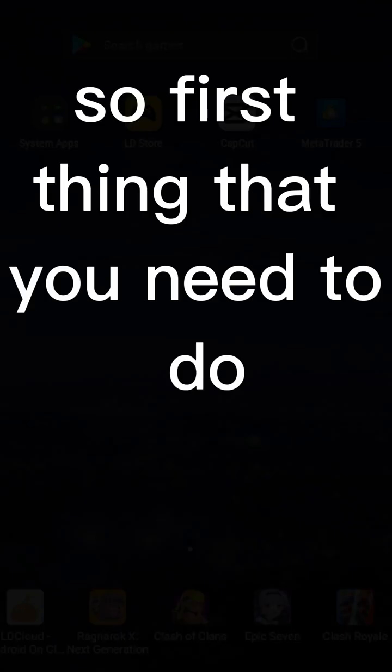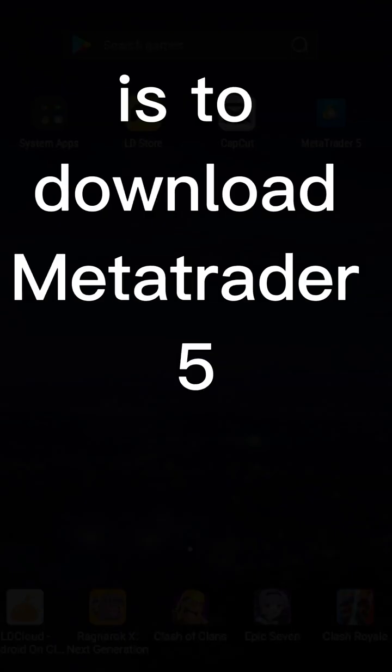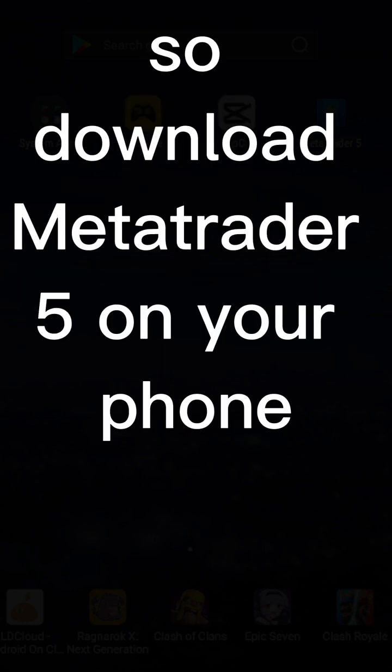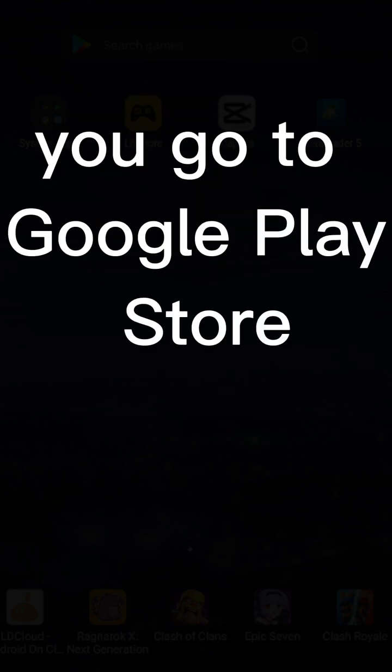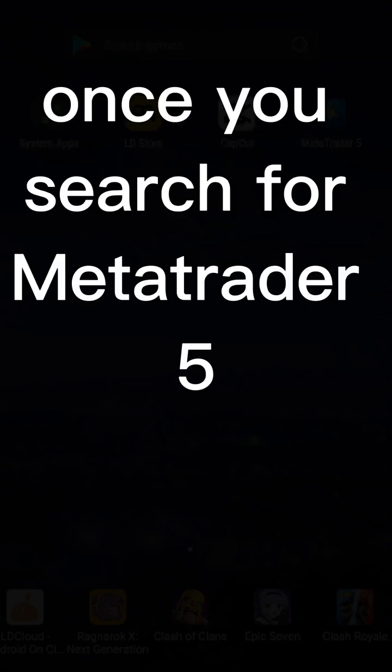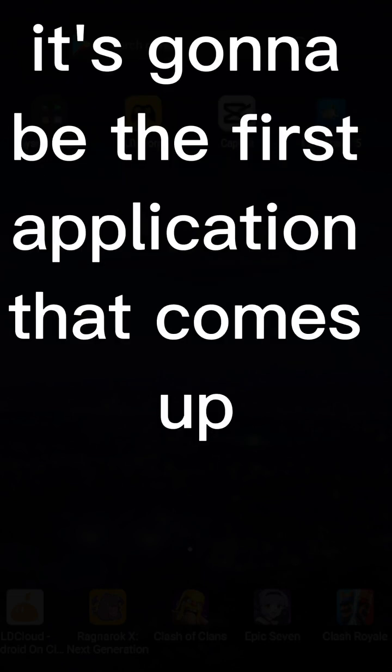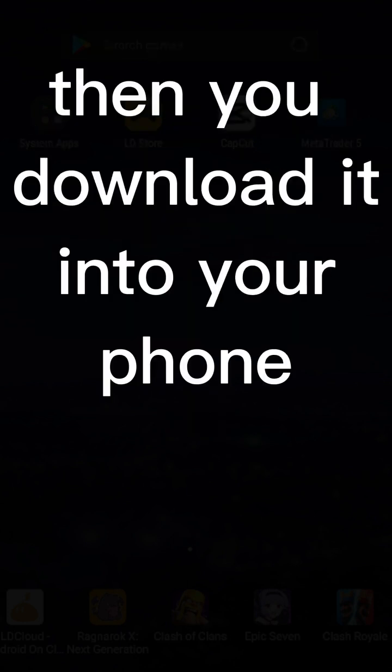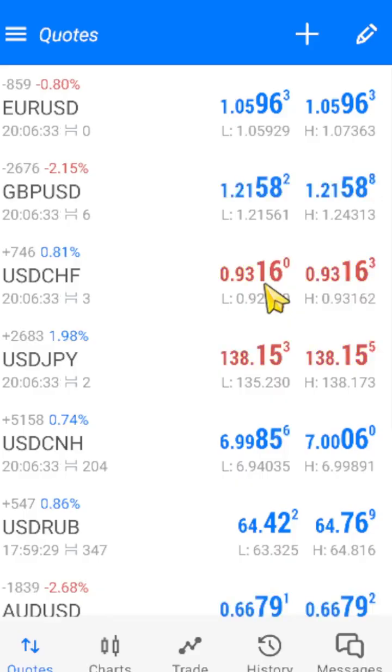So the first thing that you need to do is to download Metatrader 5 on your phone. It's very easy. You go to Google Play Store and then you search for Metatrader 5. Once you search for it, it's going to be the first application that comes up. Then you download it onto your phone. Once you download Metatrader, it is going to automatically create a demo account for you. But if you want to use your real account, all you need to do is click on these three